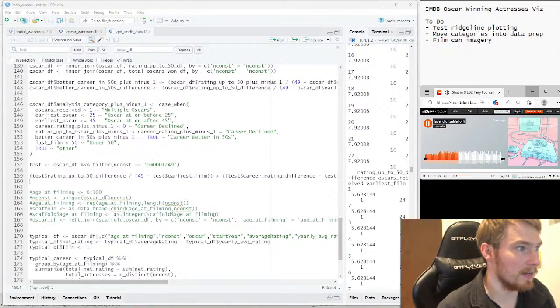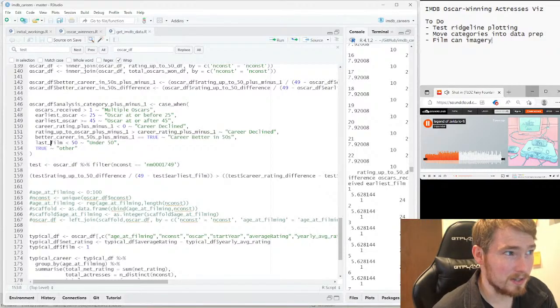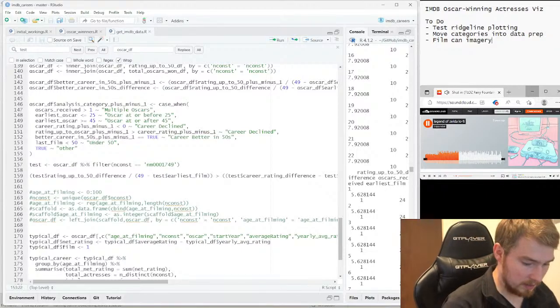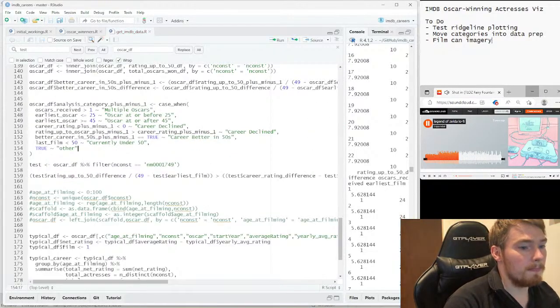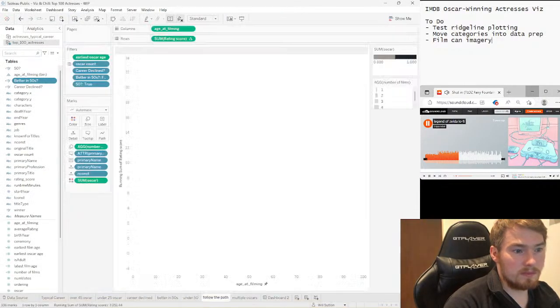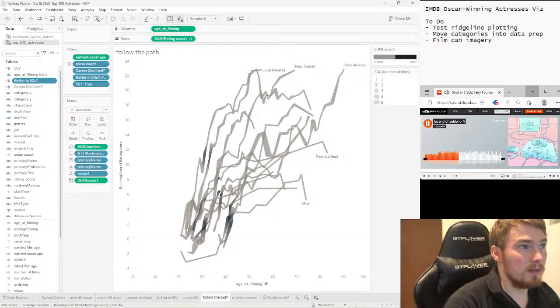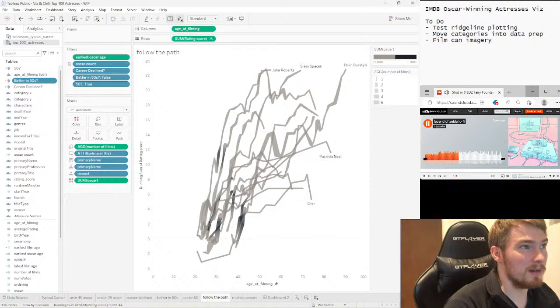Hello. Right, we're back. Okay, so just finishing this off. So we're finding those. This one was aged currently under 50. Cool. And then the rest was where they're following the path.